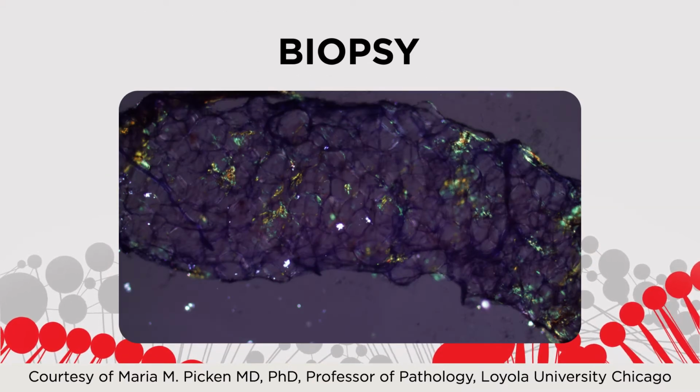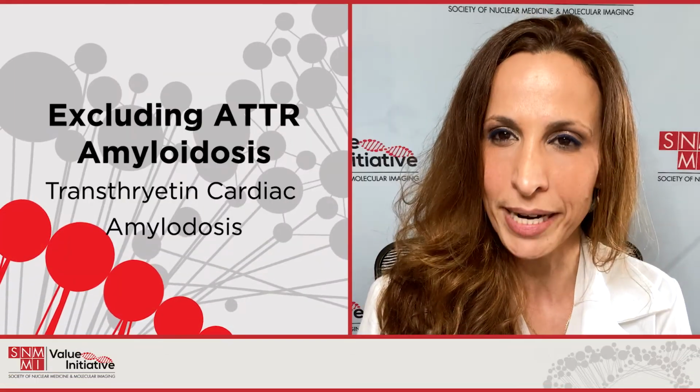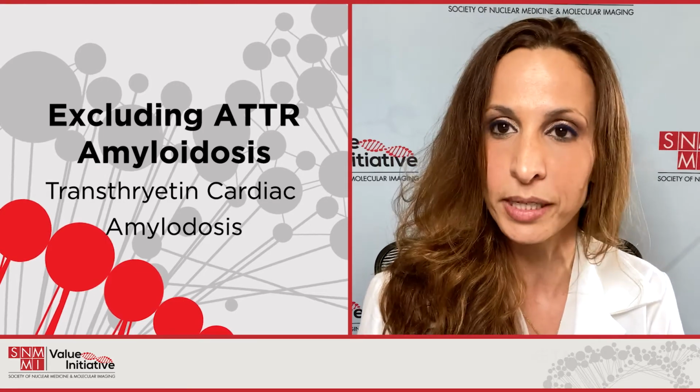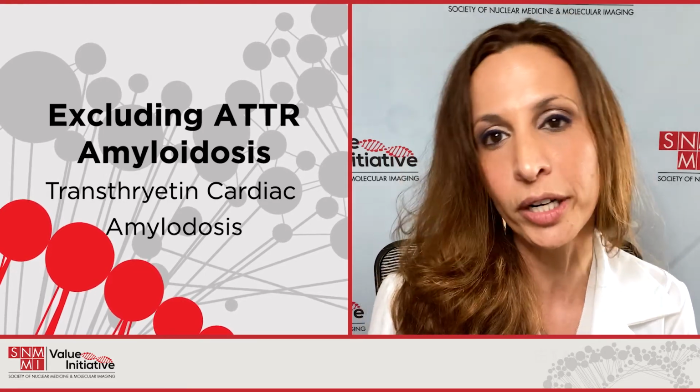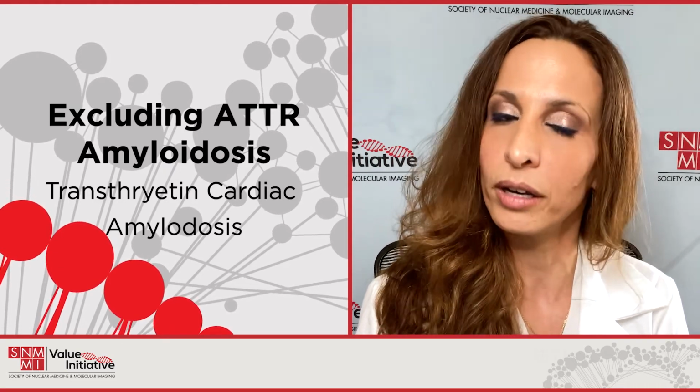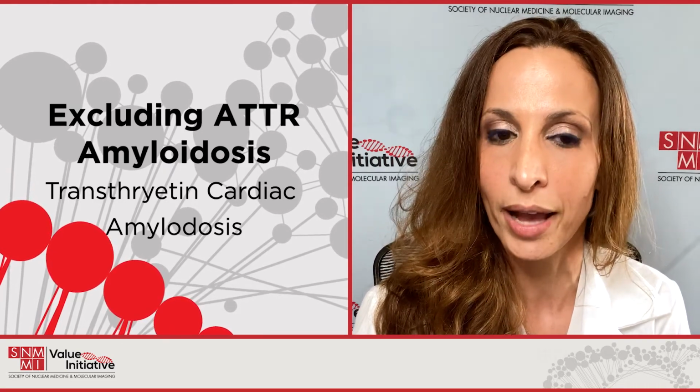When we do a biopsy, we can do it from the abdominal fat, and if we need to, we can also do it directly from the heart. If those tests are positive, the diagnosis of AL amyloidosis is made and the patient can start having management. If the urine and blood tests are negative, we don't even need to do a biopsy. The next step is to start excluding or diagnosing what is called ATTR cardiac amyloidosis,